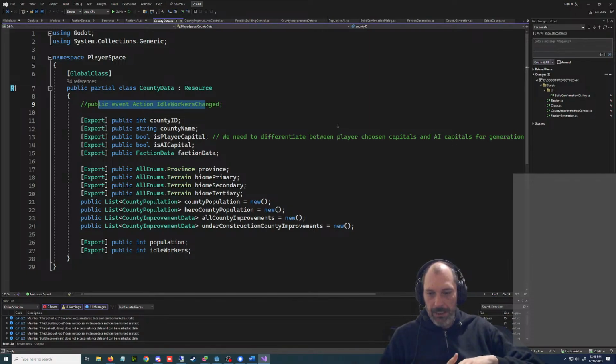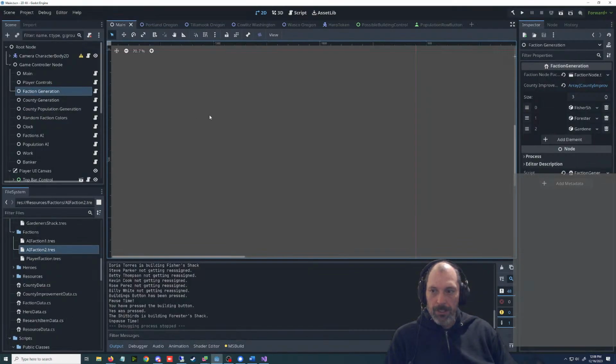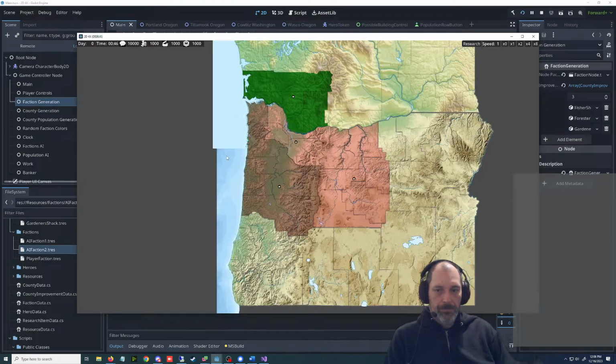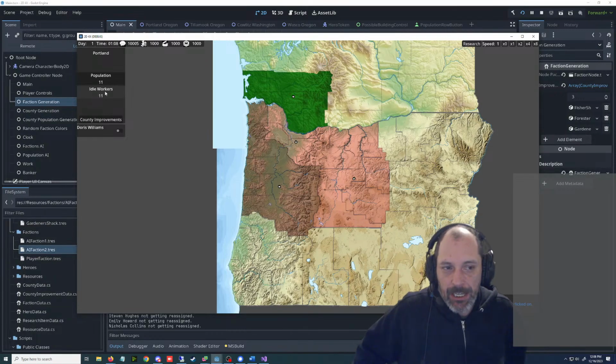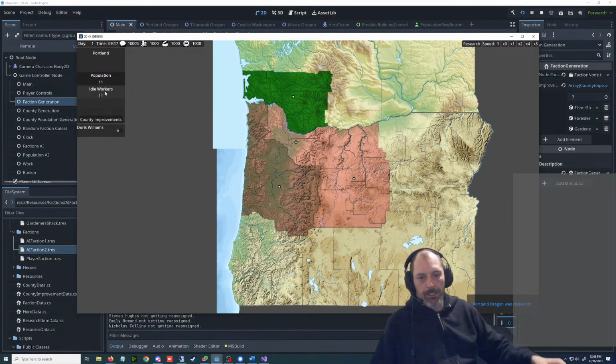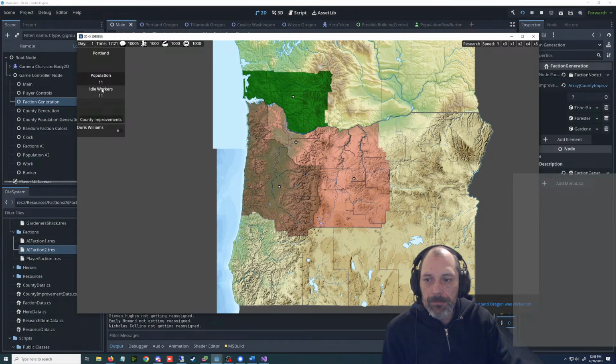See, this is such a pain in my ass. So this is the pain in my ass that we're talking about. Let's hit play. When you click on this, there's this idle worker. So the button doesn't do anything. And I actually don't know if I even want the button to do anything. But we would need this number to update.